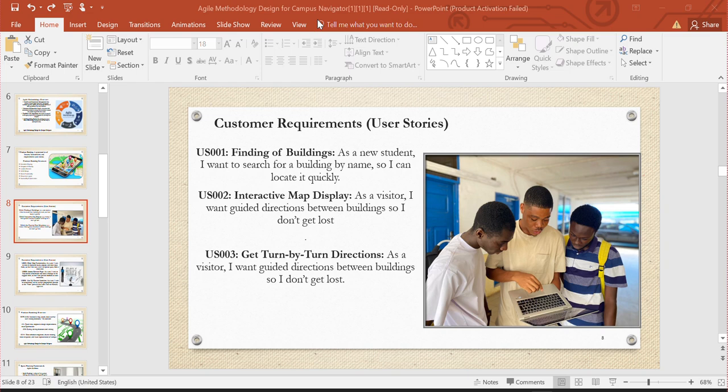Now, this system is designed based on agile methodology, based on the user requirements gathered from our visitors and faculty members. Let's look at the various user requirements gathered. One, the users want to find the buildings and various locations on campus. Users also want to see an interactive map display, and they want to get turn-by-turn directions,